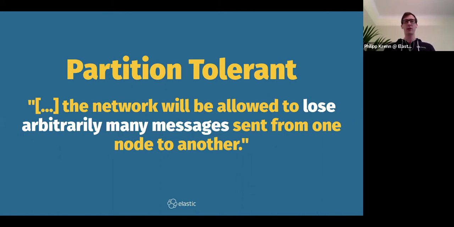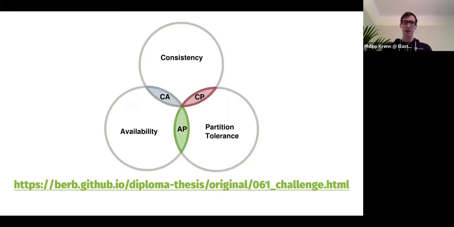What you get out of these is that you end up in this diagram, and you can see you can only pick 2 of these 3 attributes, but there is no middle which has all 3. So depending on what kind of system you have, if you have a relational database, you're more in the consistency and availability area.